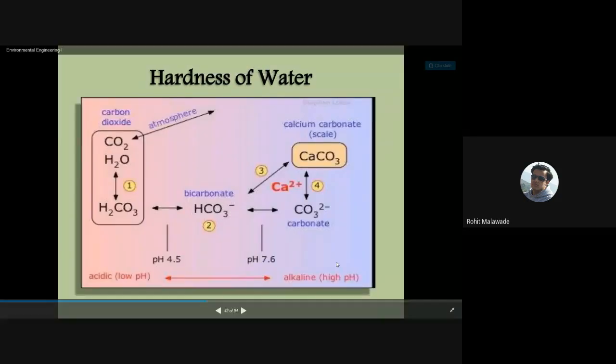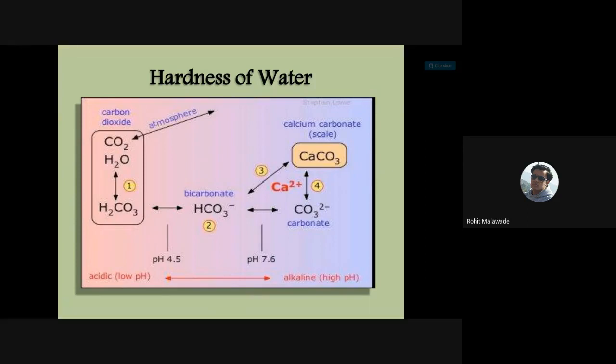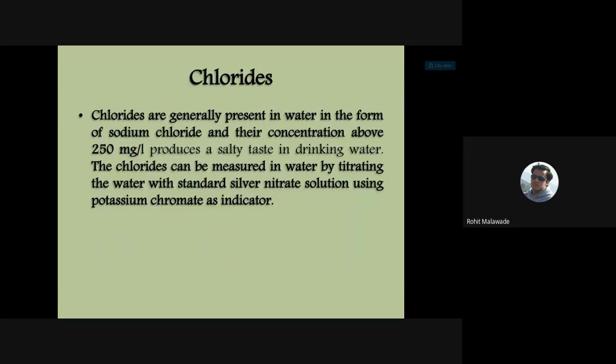See here, it is mentioned that pH is again related with the hardness of water. How that works, we are going to discuss in detail when we remove the hardness of water. How the hardness can be removed, we are going to study in the further part of our water treatment. So we will not discuss the hardness more here, but we are going to discuss the hardness of water in the upcoming classes.